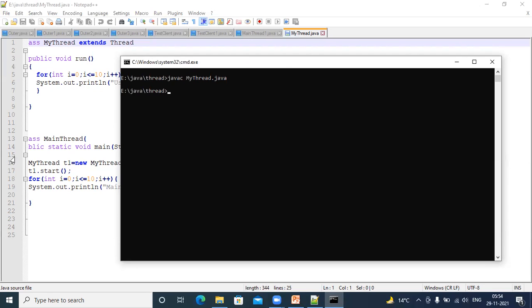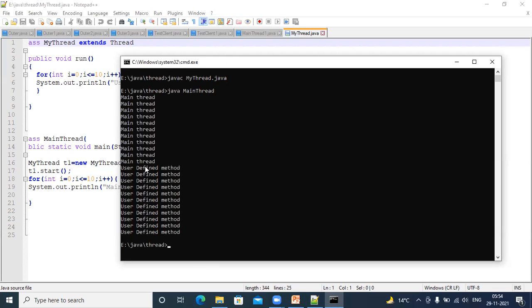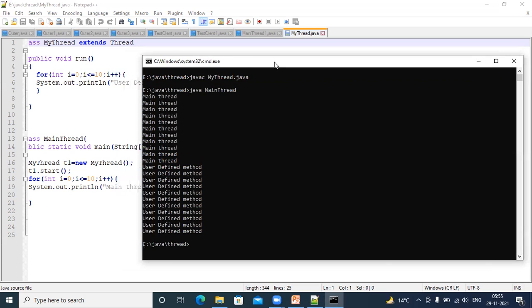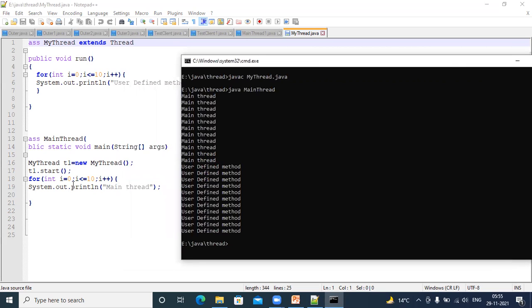And the main class is MainThread. Compile. Let me compile again. Now here you can see the output. First of all, the main method is executed, and then after this one is executed.